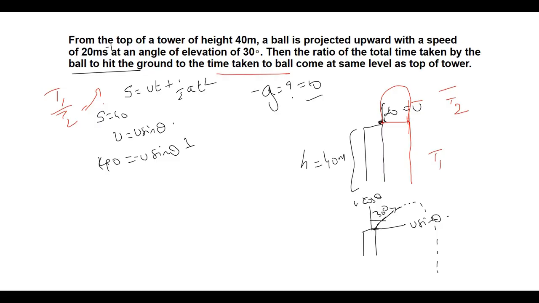This will become minus u 20 into sin 30 into time we need to find, right? Plus 1 by 2 into 10 into t square, that is equal to 40. Here 5 times. Here minus 20 into sin 30 is 1 by